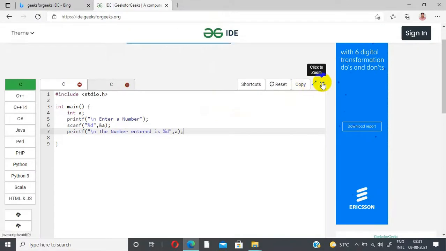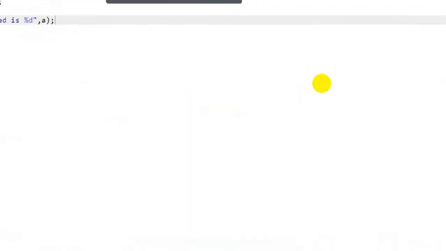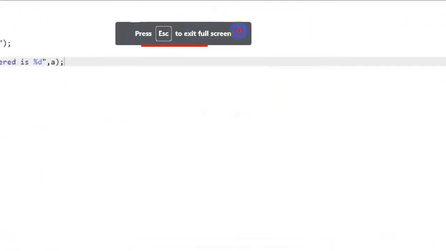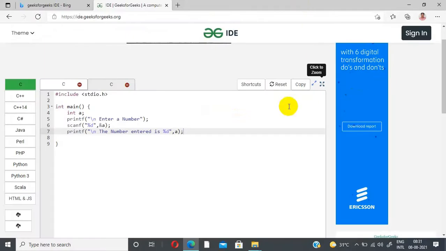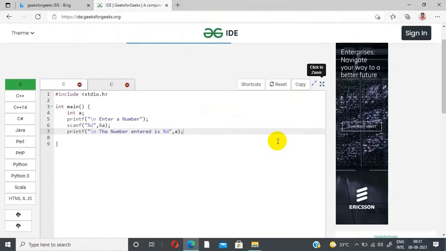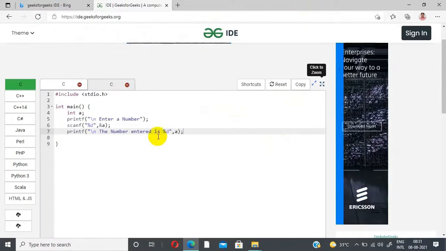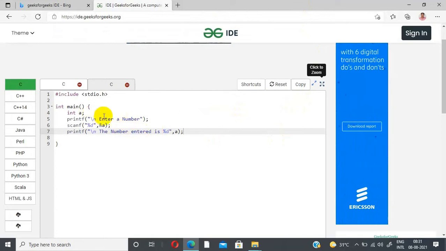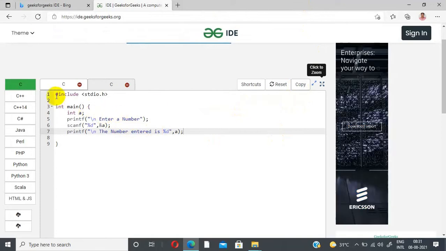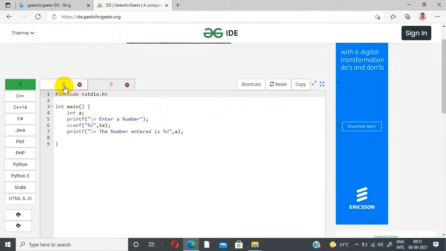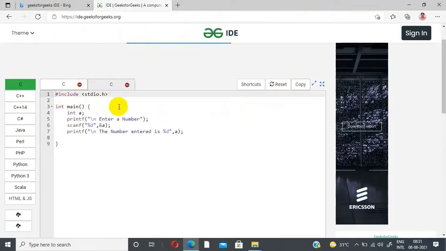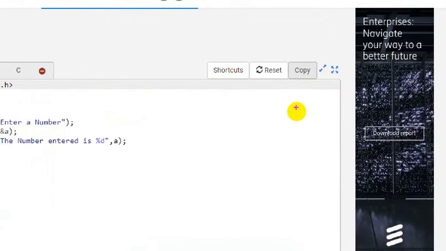So zoom, and you have to press escape to exit. Okay, so press escape, you exit. As well as that, we are able to copy the code. For example, to copy a code, we have the second program in the second window. The first window is the first window, hello world. Second, I want to copy this code. You have to simply click this copy button.